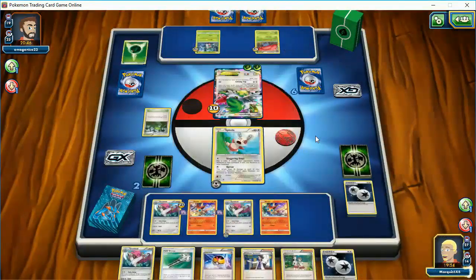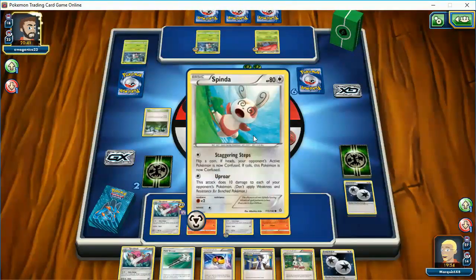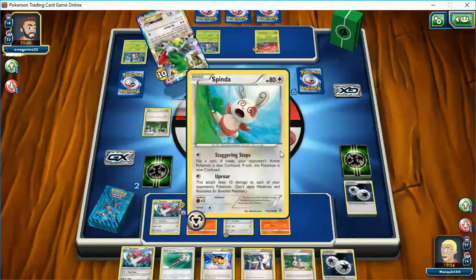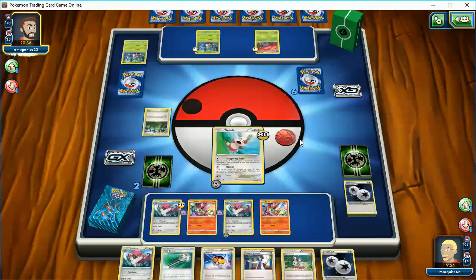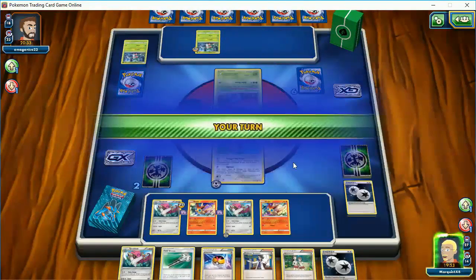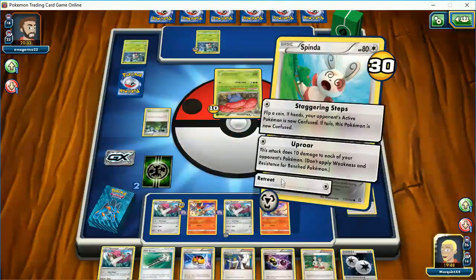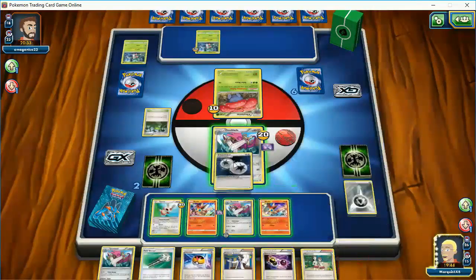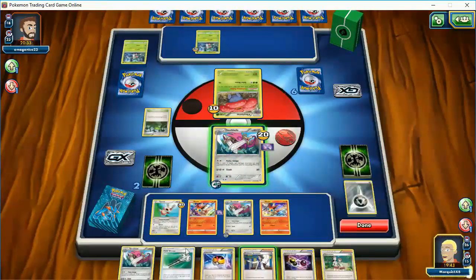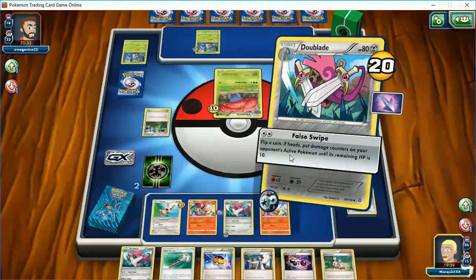All right. So he's going to use this Shaman to put cards back in his hand. I'm going to retreat with the Spinda. Wow. Yeah, I guess this is interesting. And I'm holding on to this Teammates because it will definitely save me. So we're going to retreat. We're going to put a double colorless on this guy. Nothing else I can really play, but I'm holding on to this for the Teammates. So if there's one card I need...